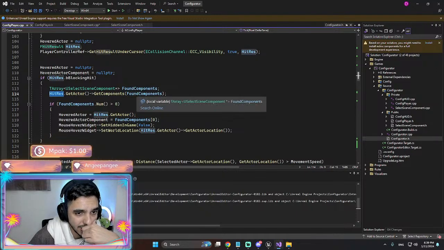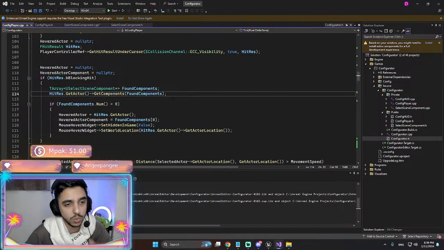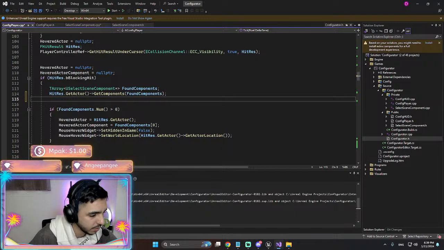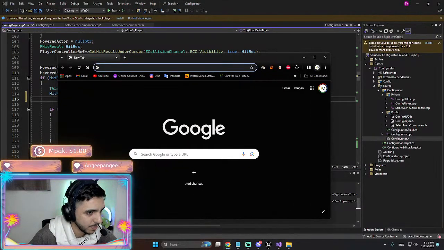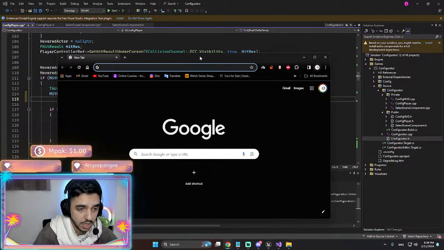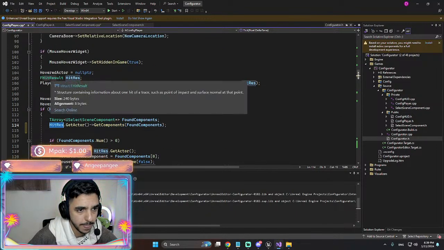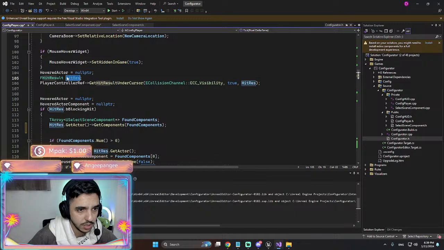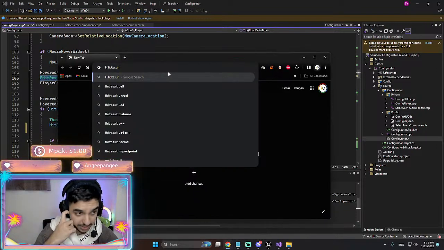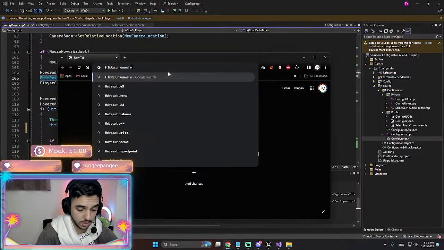Alright, so instead of get components, I also want to do, we're gonna search it on Google here. No, wait. Before I do that, this is a hit result, right? I'm going to search for hit result in Unreal Engine docs.